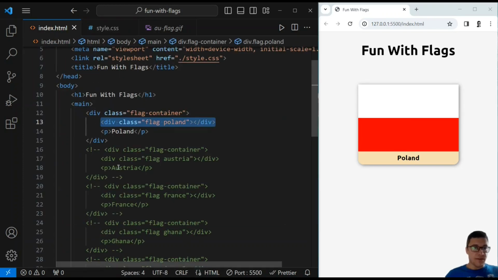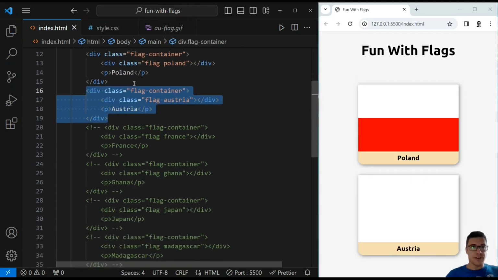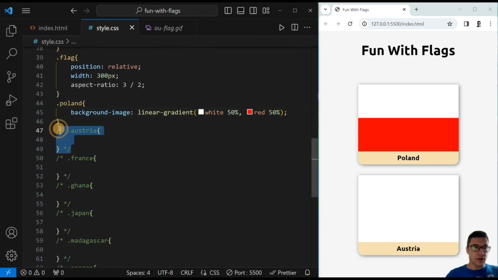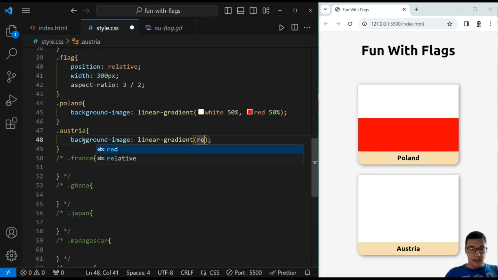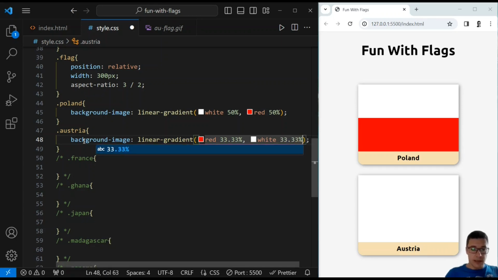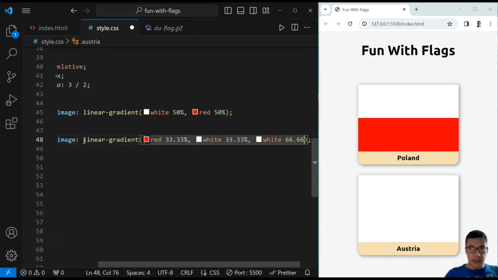Okay, so let's first uncomment my HTML div, Austria. Here it is, and let's work on styling. Again, I will say background image. It will be again linear gradient, and we start with red, which goes until 1/3, which is approximately around here, and we have our white color, which goes at the same spot, and then our white goes until 66.66, and at the same spot